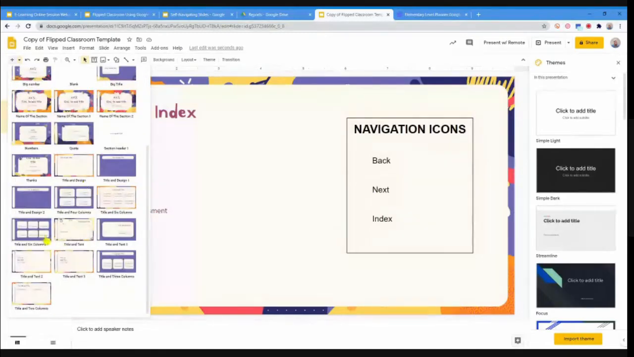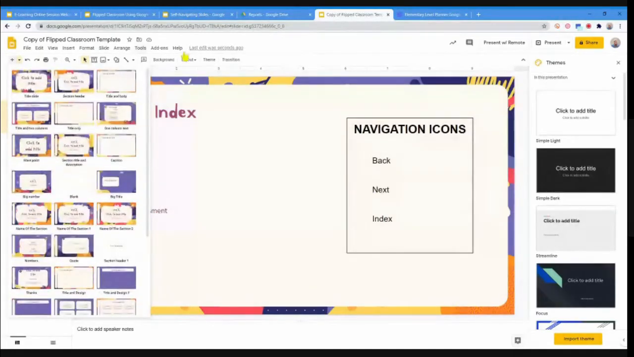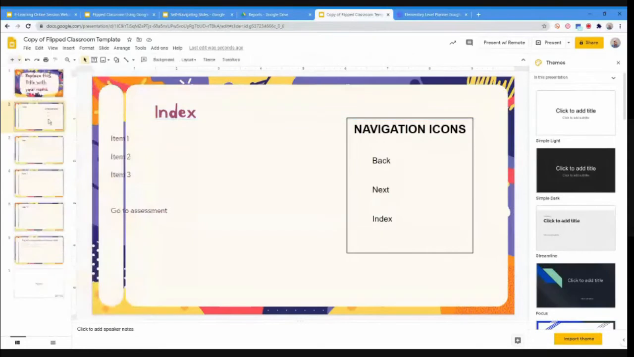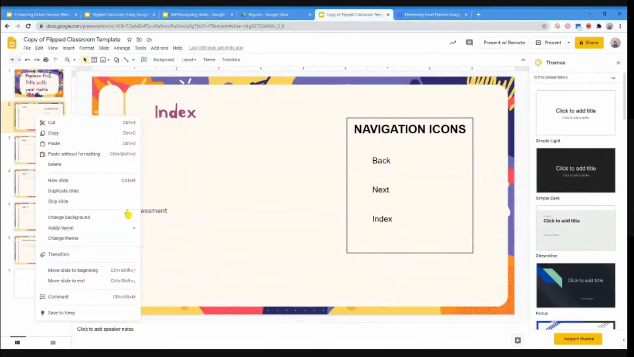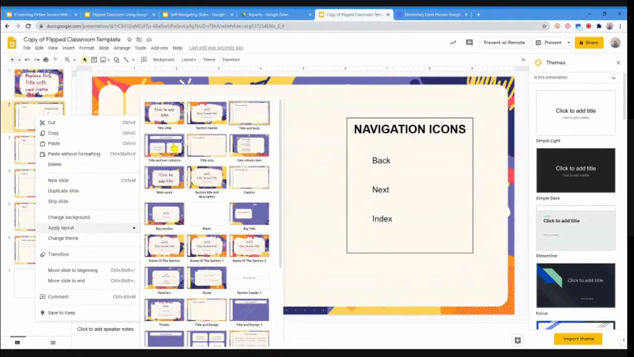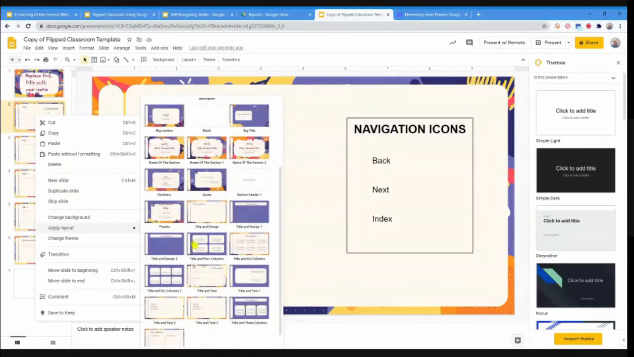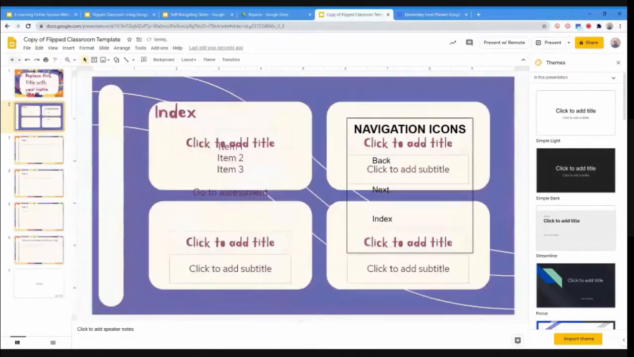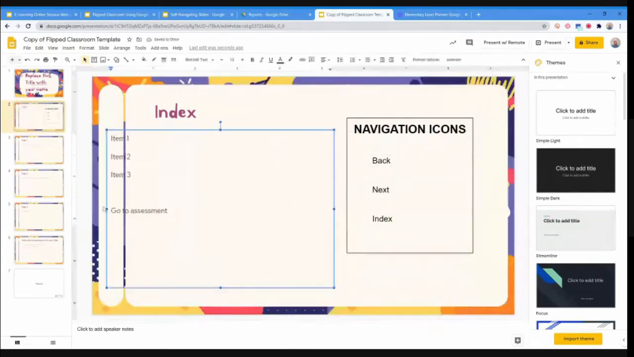So I can use this, for example, if I want to change my index. Let's see this index that I've got over here. If I right click on this, I can say apply layout. I'd actually rather, because this is my index, use this layout instead. And there I've got my index, and I can just move my things around a little bit to make sure it all works nicely in there. So that's the first little thing that we can do to add a theme to our